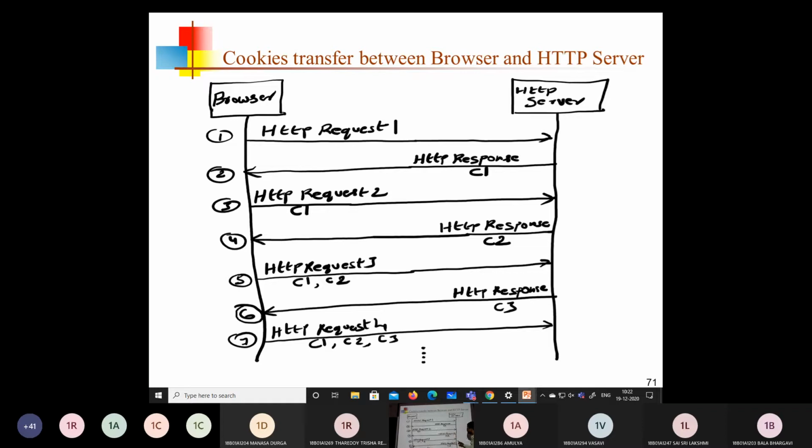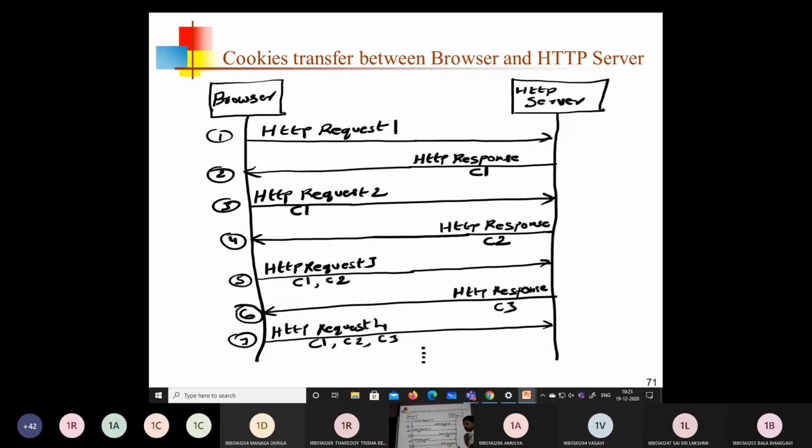This is sent to the server, and in the response a new C3 is added. The browser receives C3, and request 4 is placed. Request 4 contains C1, C2, and C3, and all these cookies are sent to the server. Like that, in further requests, all cookies received earlier will be added to the request.